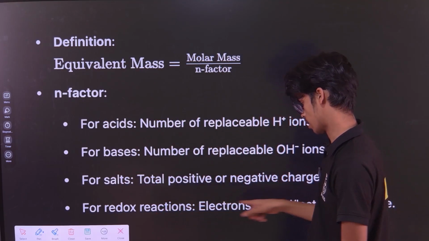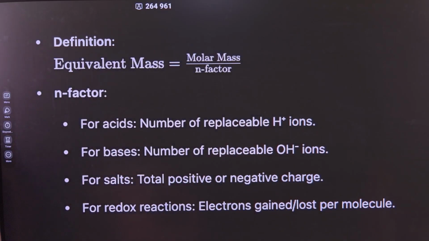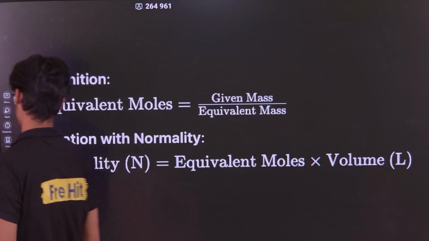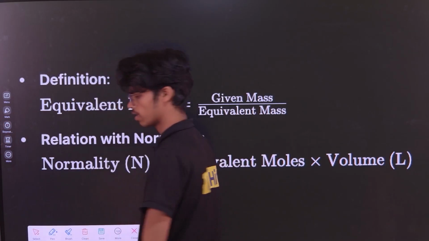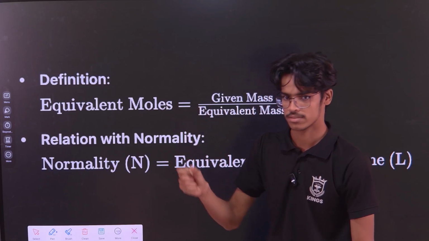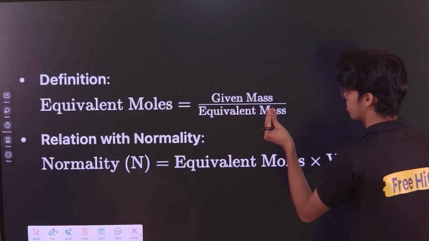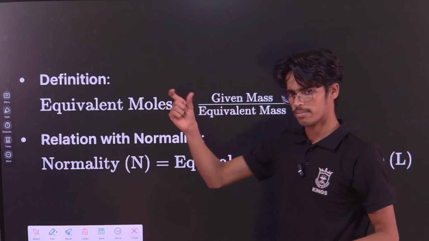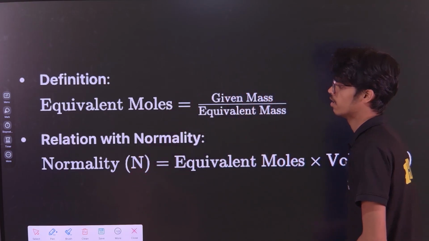For redox reaction, this is how you find it. Got it? Now let's go on to the next definition. So how do you find out moles? We find out moles by dividing given mass with the molar mass. Same way, for equivalent moles, we have given mass divided by equivalent mass. That's it. Given mass by molar mass is the normal moles. Given mass by equivalent mass is